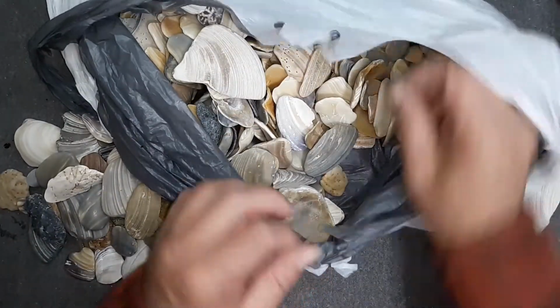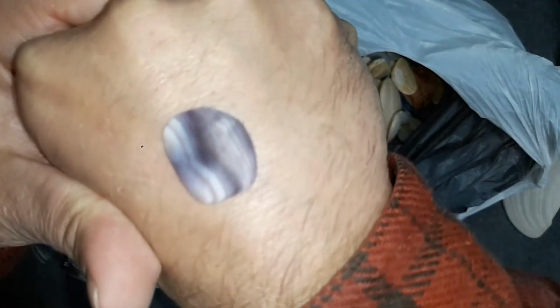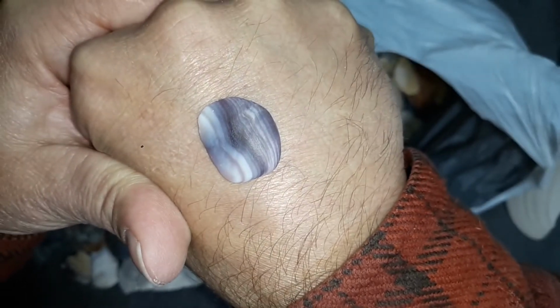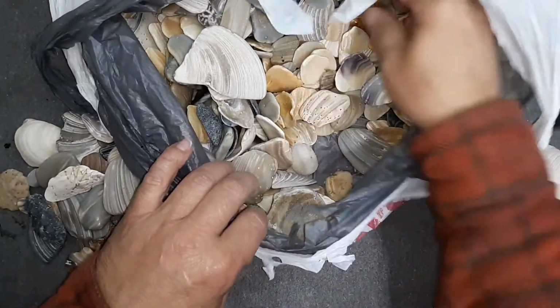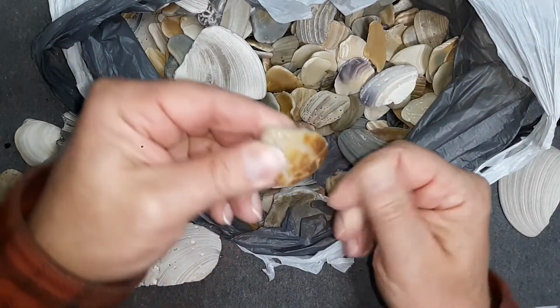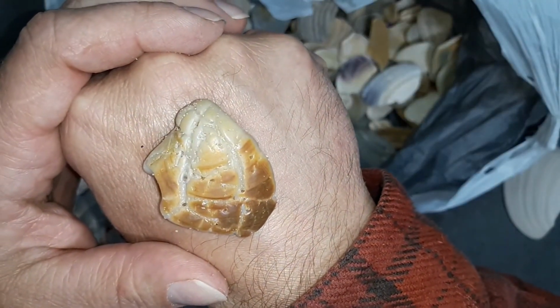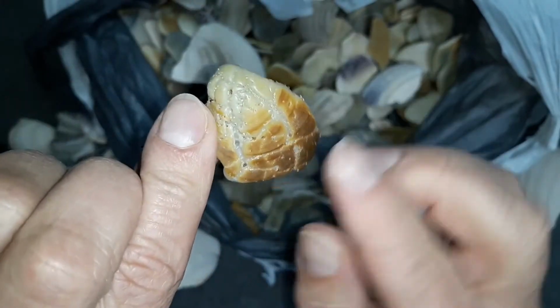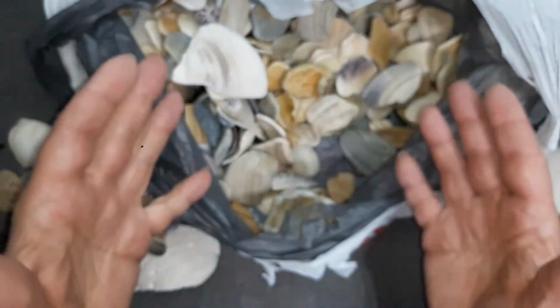But ooh, look at that. What do you think that's going to look like when it's polished? Oh, gorgeous is what it's going to look like. You know, this one, I was going to say this one was definitely going to be a Kintsugi shell, but, you know, I look at it and maybe not. A little bit of trimming, polish the high points, and, oh,